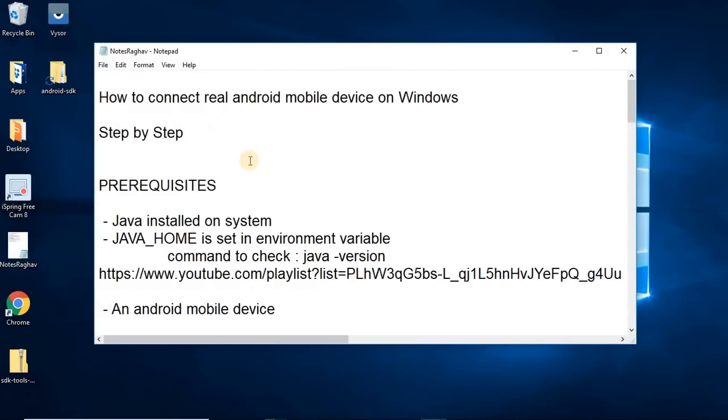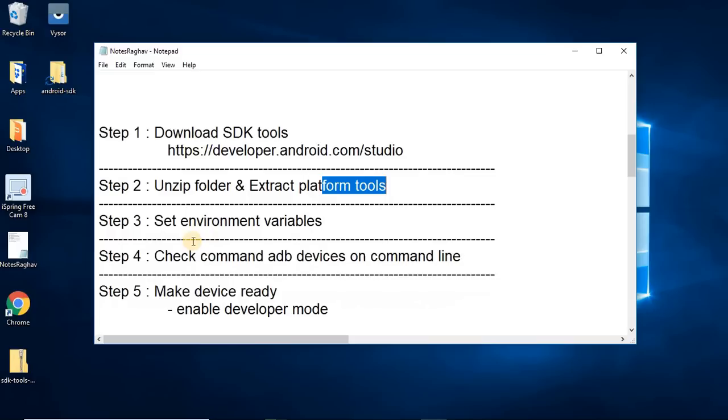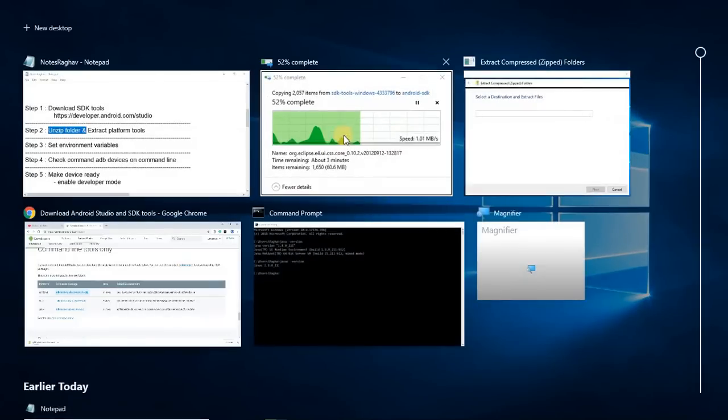And also, this entire process of connecting a real Android device on Windows is a separate process. It is not linked to Appium. So whether you have Appium installed on your system or not, it will not impact this process. This is a completely separate process. So you may install Appium before this or after this if you are doing Appium automation, but this is a completely separate process. So we are doing step number 2 as of now, and let me just go back,